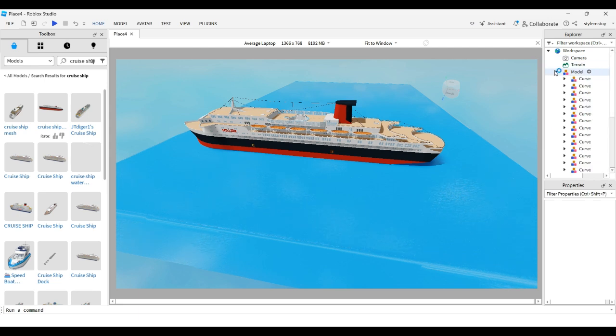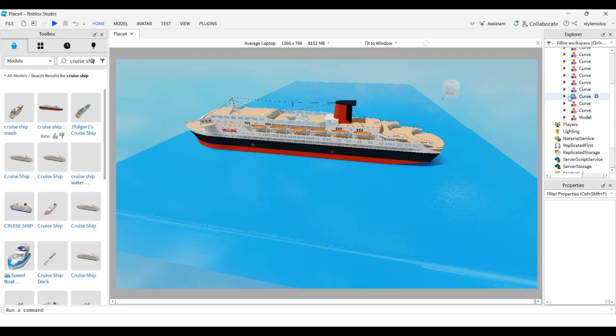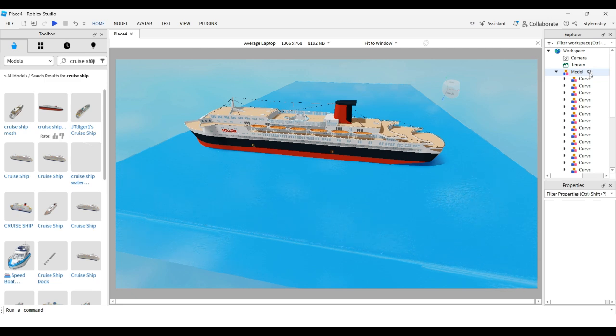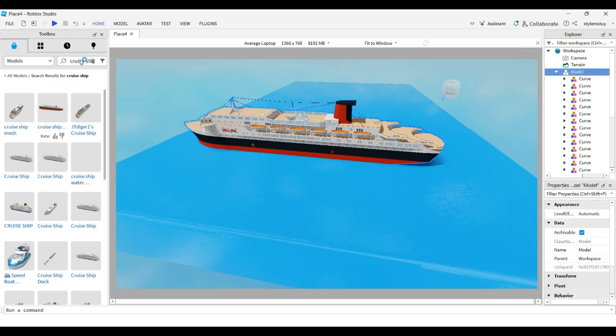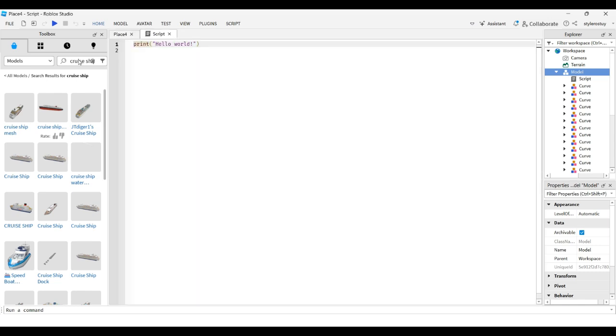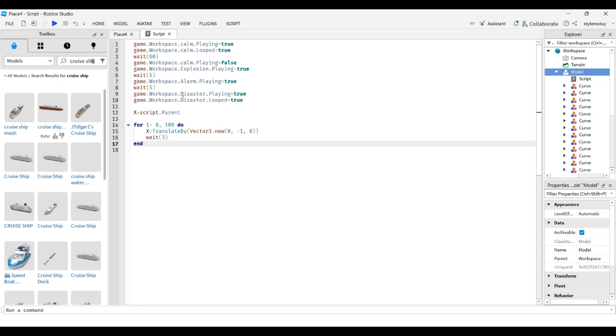Now, once we go into the model, we're not going to be doing any of these. You're just going to press the plus sign you see and get a new script. Just going to delete this here. And now, you're going to copy and paste this script here. And I'll be explaining it in just a second. So now, what this script does is play different parts of music, but you don't have the music yet. So what you're going to do is,